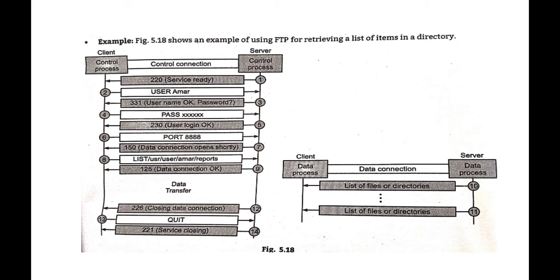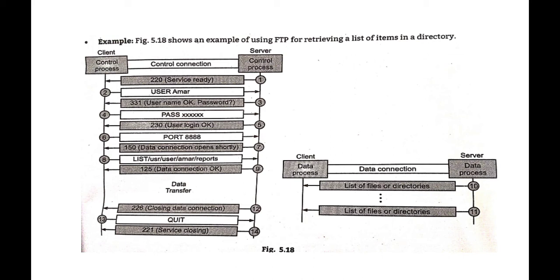Okay, so after receiving the client's port number 4 times 8, the server sends the data from port number 20. So what is done in step number 7? The server does not open the connection at this time, but it prepares itself. It prepares an active open on the data connection from the server side. It means that the server sends the data from its PC, and for that it uses port number 20. This is the well-known port number.